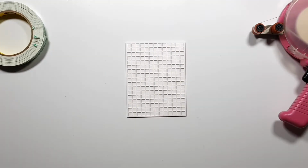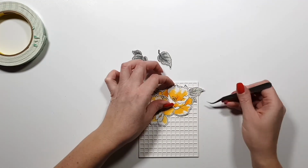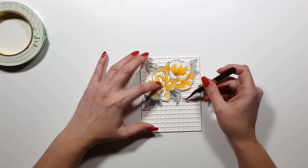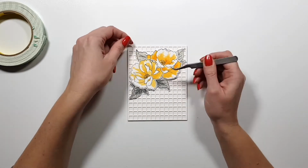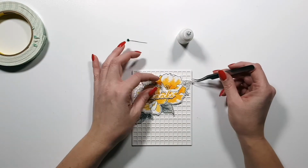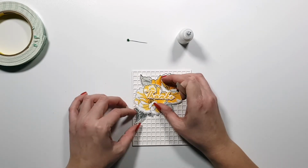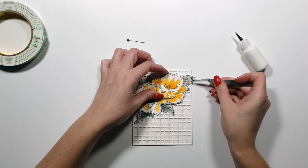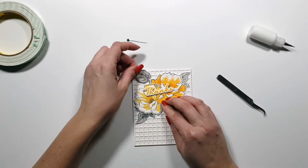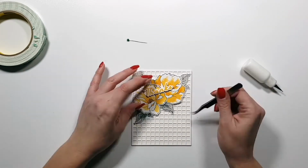I'm not sure why, but I didn't like the addition of the gray there. So I am going to add those here. I try different positions for the leaves. Yeah, it's always a difficult decision, to be honest with you, when it looks right. So I'm always playing around with it for a while. And once I've settled on the design, I am going to add some glue to them